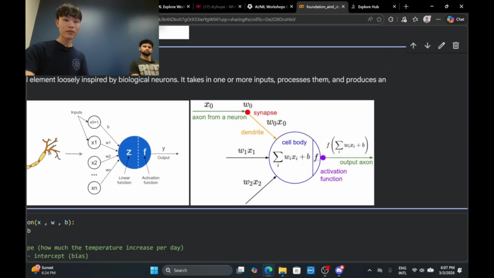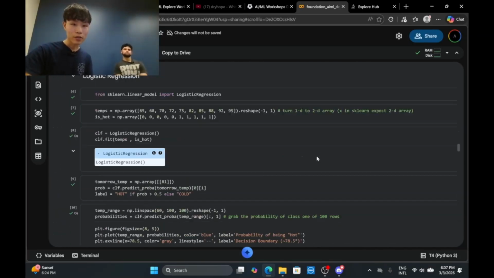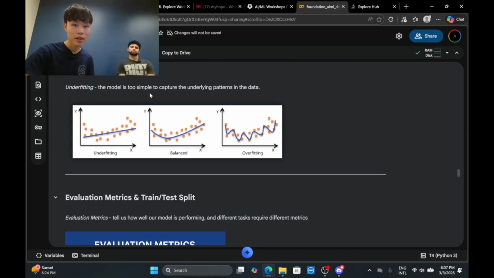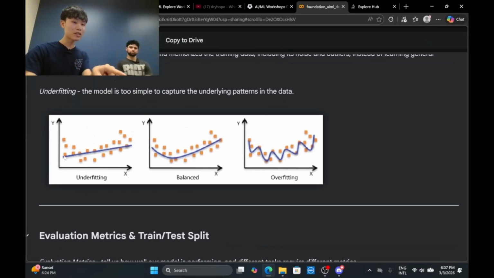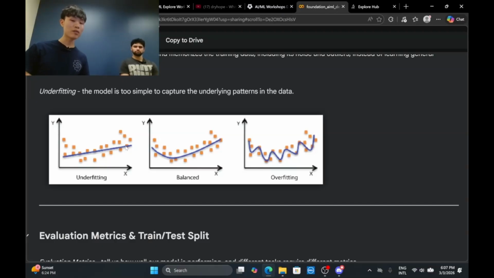With the straight line we saw before, it's not really adapting to the data, but after passing it through the activation function, it can become a little bit curved, non-linear. It can now adapt to the data, so it can learn the data better and make predictions better.